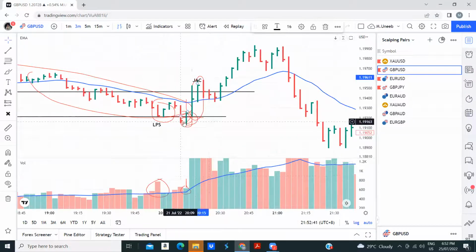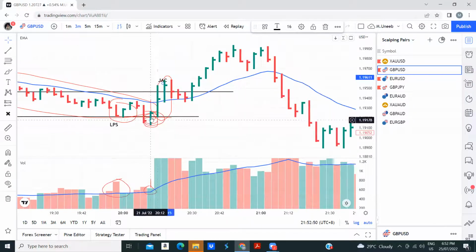Would you enter a trade there? No, I will not enter. Here? Yeah, I will not enter, because I did not get any kind of sign of strength. Yes, we did get a bar which is like effort, like a key reversal, but we did not have a high volume, or a no demand type of volume. So I will not take my trade here. I will wait for the JAC and now I will take the trade.